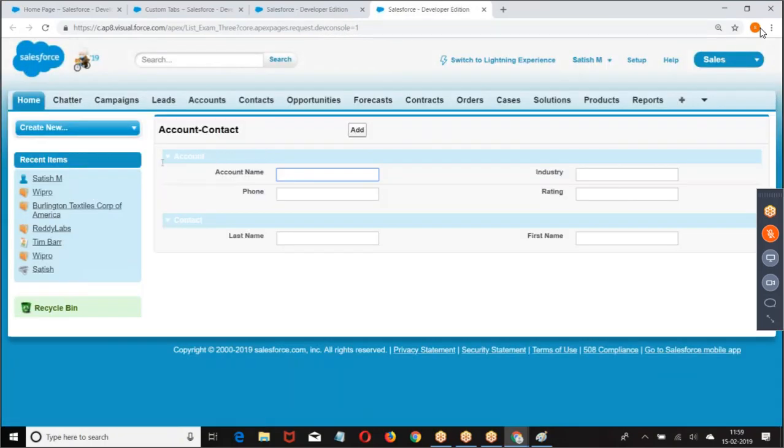Have a preview. We had account, contact, now in my requirement, account and contact together is, so there is an issue here. What was that?